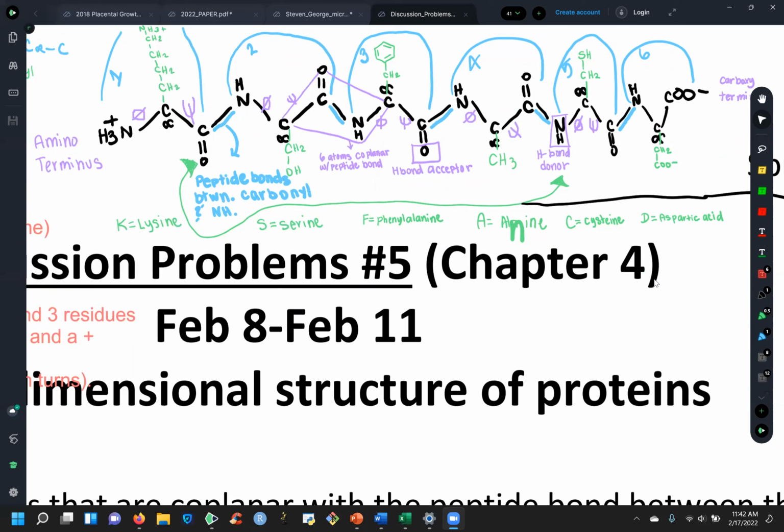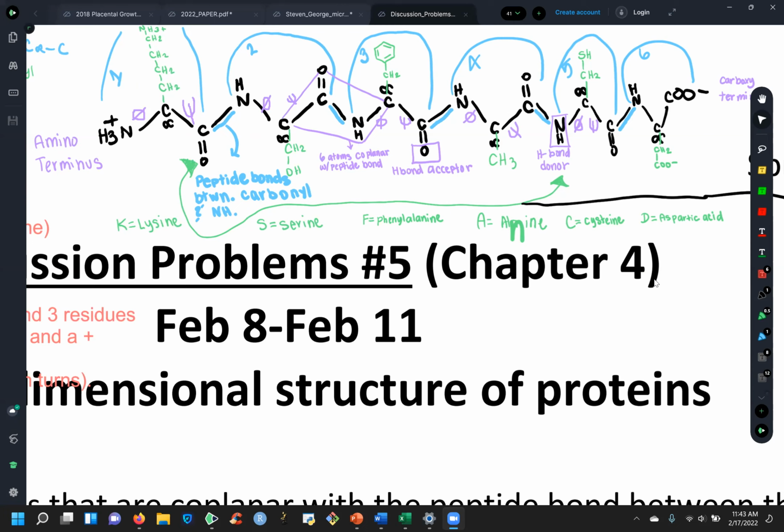Okay, the first N is the nitrogen for the amino group. The first carbon is the alpha carbon for that amino acid. So the R group has to come out of here. The second carbon is the carbonyl. And is that easy? That's the backbone. So we have our amino, alpha carbon, carbonyl, amino, alpha carbon, carbonyl. So let's go ahead and draw that out. I'm going to use black for my backbone. So we're going to start here